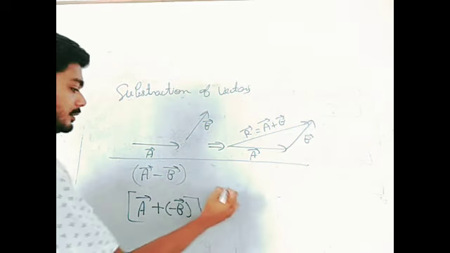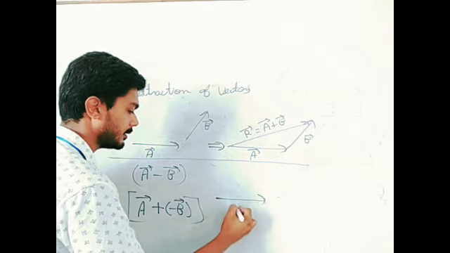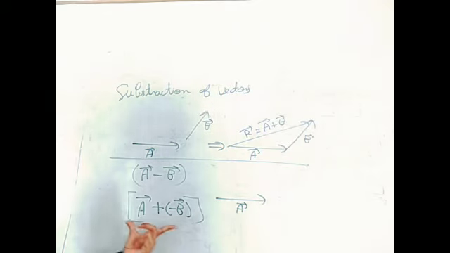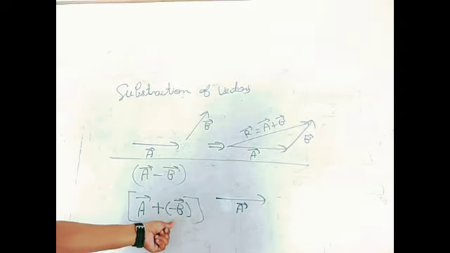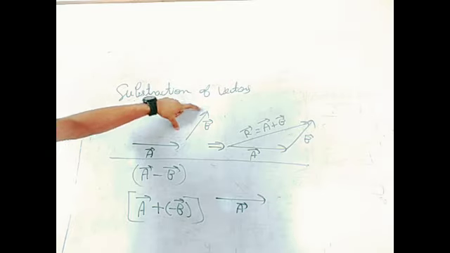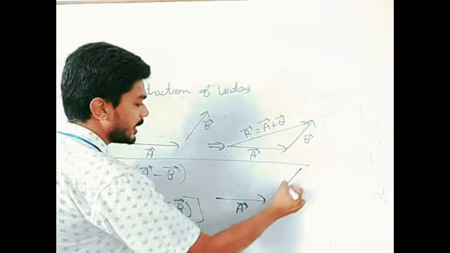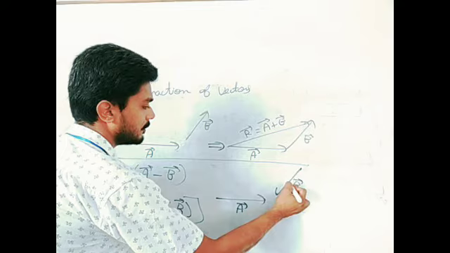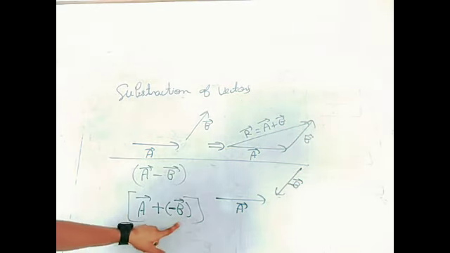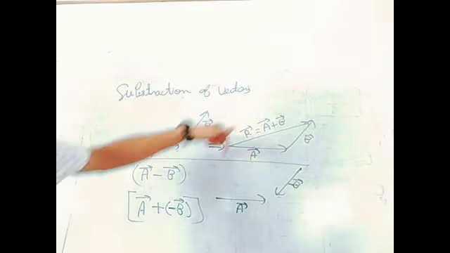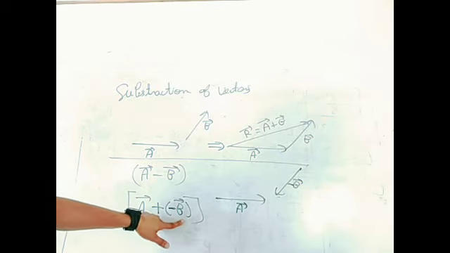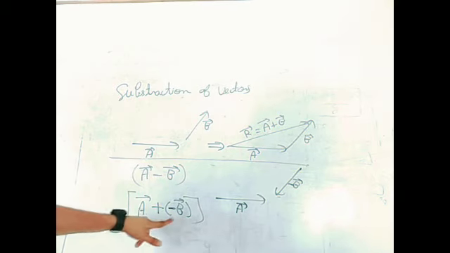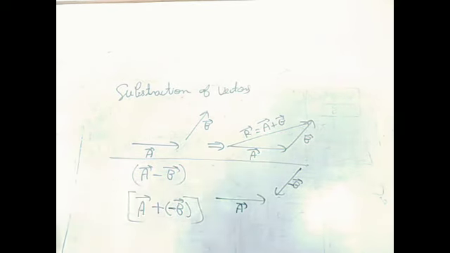what is happening? Draw vector A. We are using this formula: draw vector A, and we are going to add negative of B. And what is the negative of B? Negative of B means you will change the direction of B. This is the negative of B. Whenever there is a minus sign in front of any vector, you will apply the reverse direction. Then this equation says add negative of vector B to A. Negative of vector B means we will reverse the direction of B.